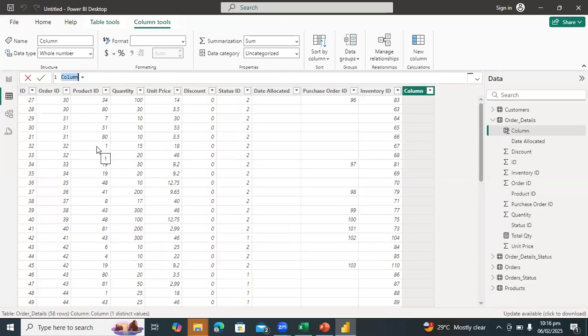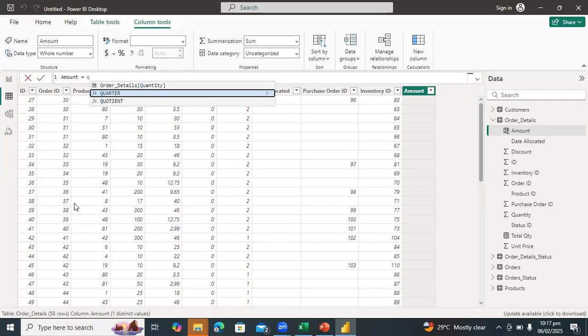Let's say I want to call it amount. What do I want amount to contain? Unit price and quantity. Yes. So I want amount to contain